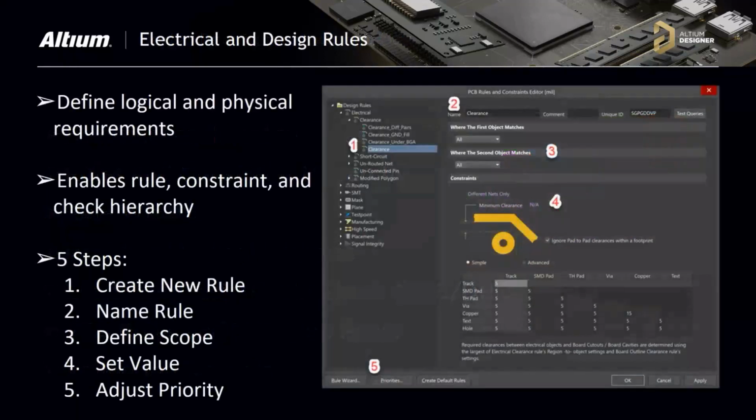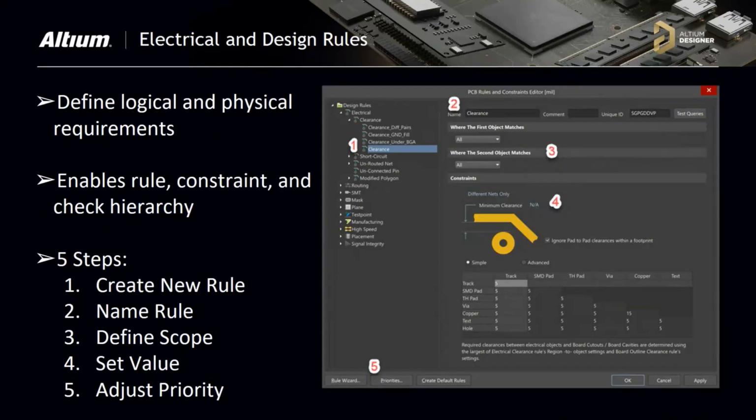And when you talk about the article and design rules, if you look at the design rules at the other side, we have to create a logical side and a physical side that interact with each other. Logical means, as you all know, schematic; physical means PCB. Both will interact with each other inside Altium. And you can enable the rules and constraints in the hierarchy to ensure that the scope priority is set properly.